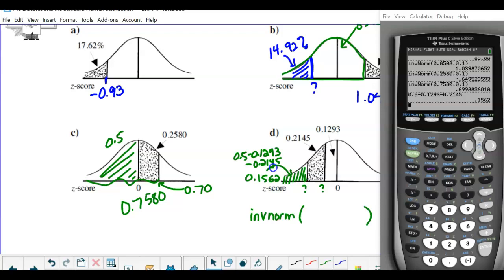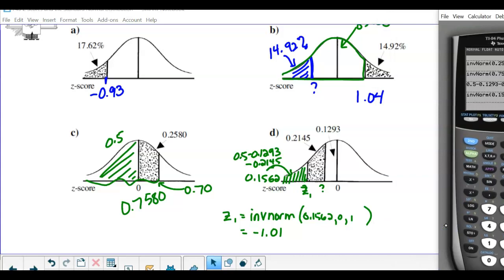So inverse norm there will be 0.1562, which is negative 1.01. And then, this part